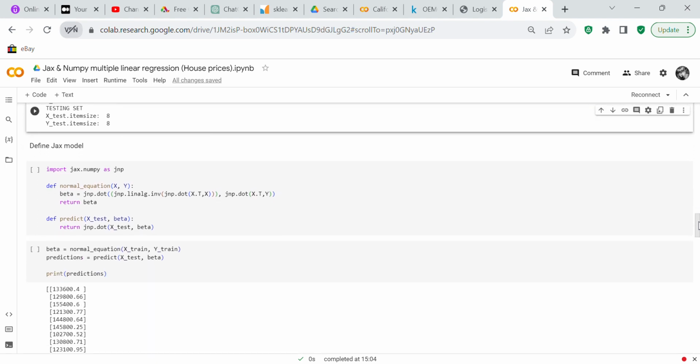Now what we're going to do is define the Jax model. Jax is very similar to the NumPy API, and because of that, and because I had so many problems getting a good linear regression model, I just took a NumPy model and converted it to Jax. So you import jax.numpy as jnp. Then def normal_equation(x, y): beta equals